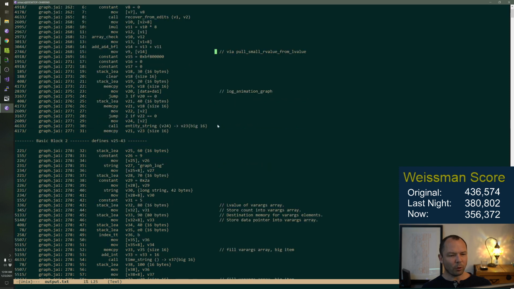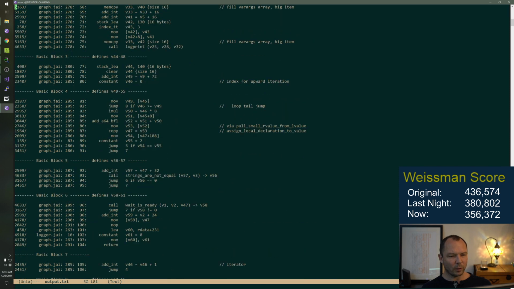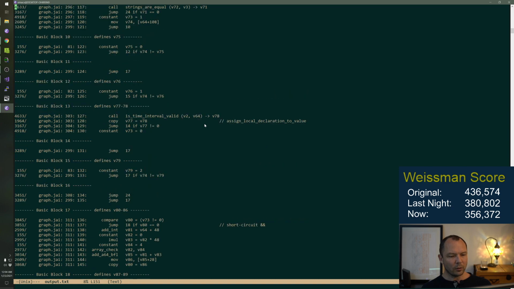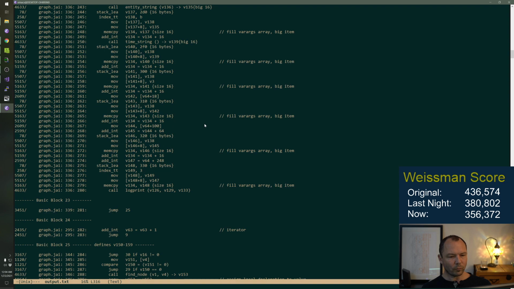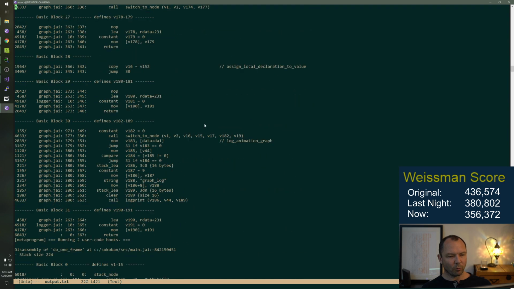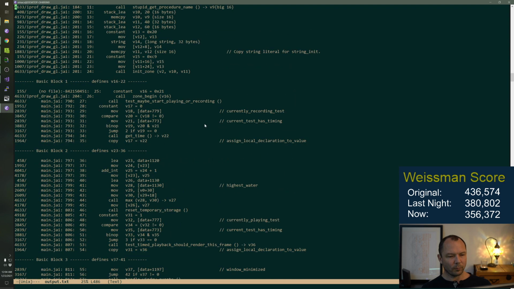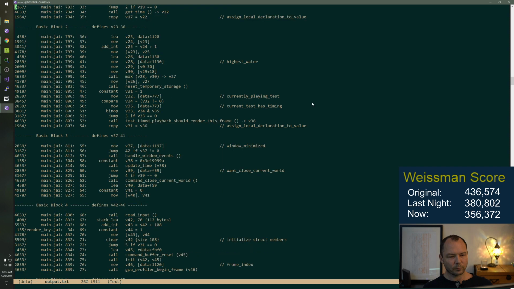So we have more pull small R value from L value, but not nearly as many. We have a lot of Varargs arrays, honestly. Do we use V26? Yes.